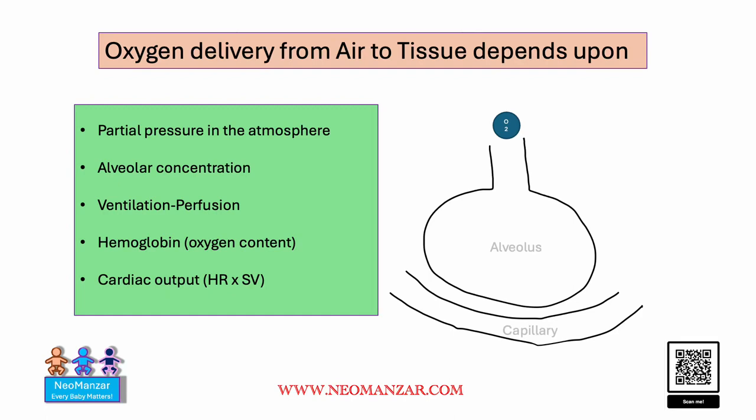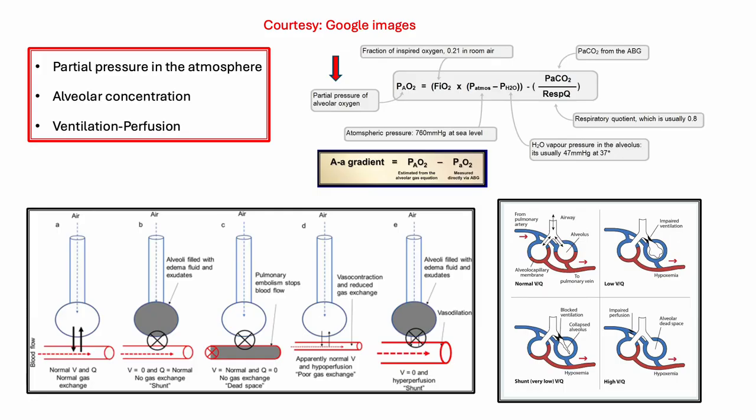Hi everyone. This is a very brief talk about oxygen delivery from air to tissue. So basically, it depends upon the partial pressure of the atmosphere, the alveolar concentration, the VQ perfusion, hemoglobin content, and the cardiac output. So basically, oxygen comes into the alveolus, and then it goes to the capillary. So the basic idea is, you guys can pause the slide and look into